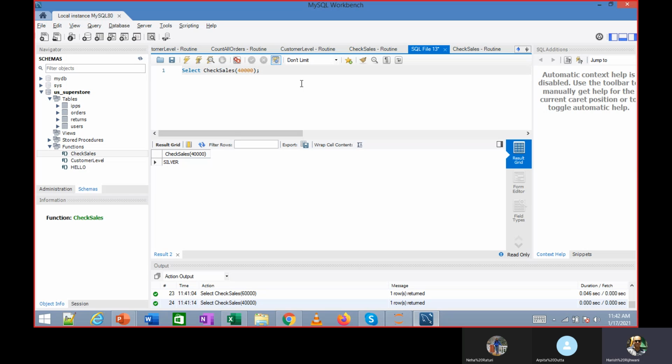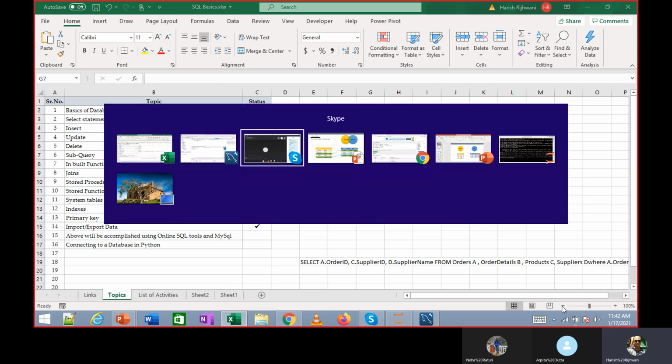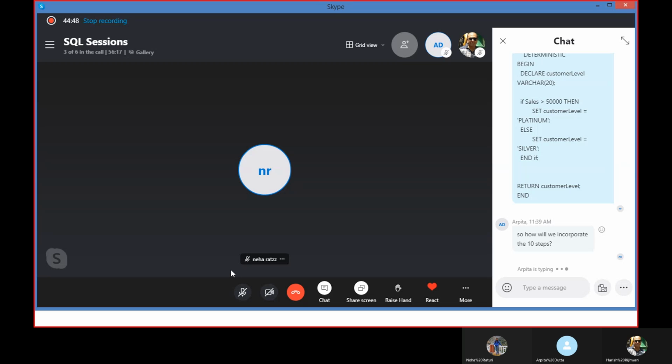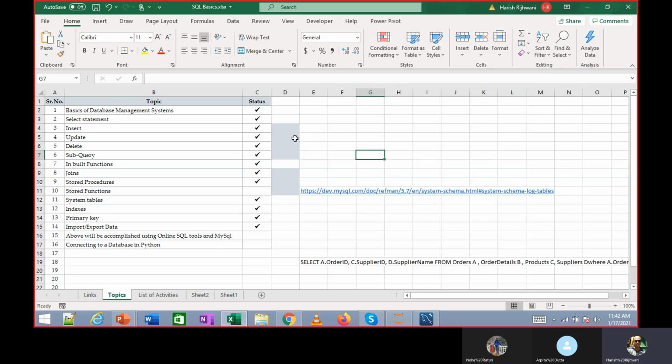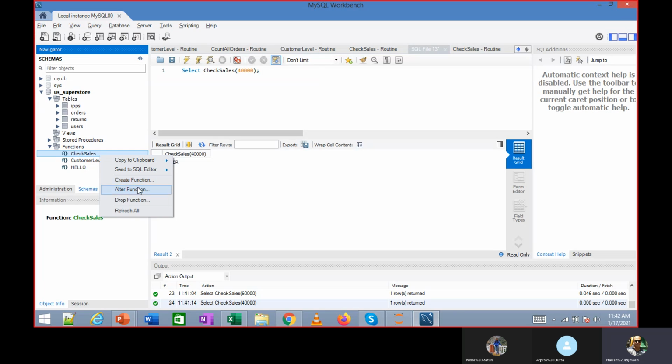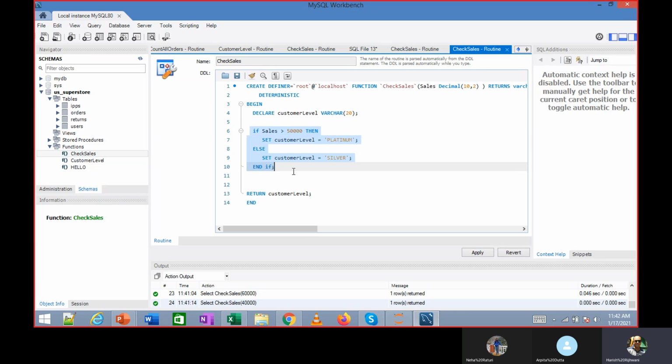Does that help or no? You need to write it in the code if you want to incorporate that. These 10 steps, you need to write over here. And in the end, you get one output which you send back. Return.